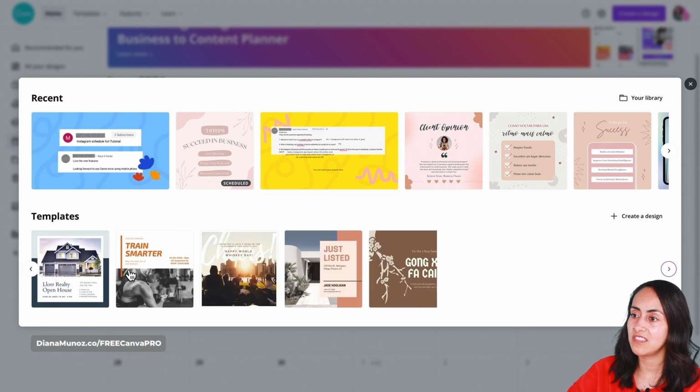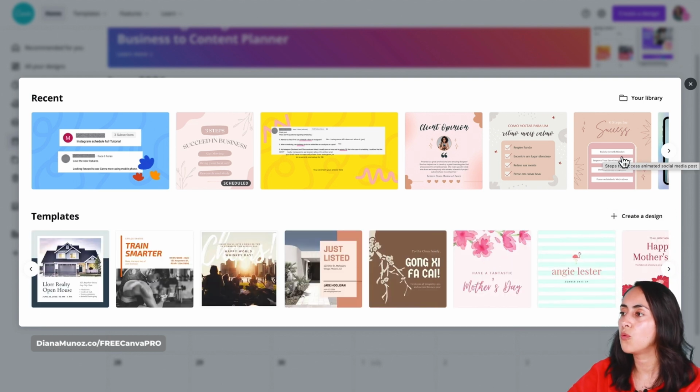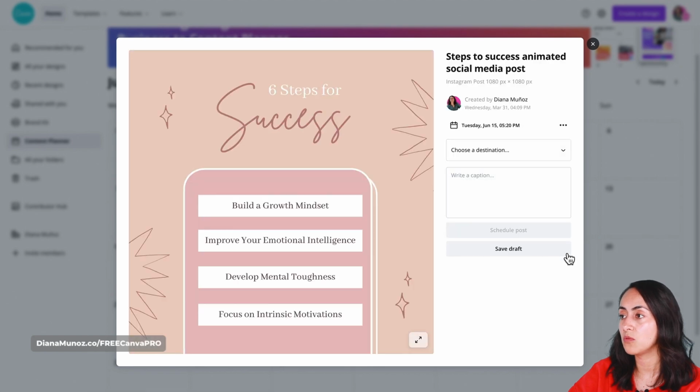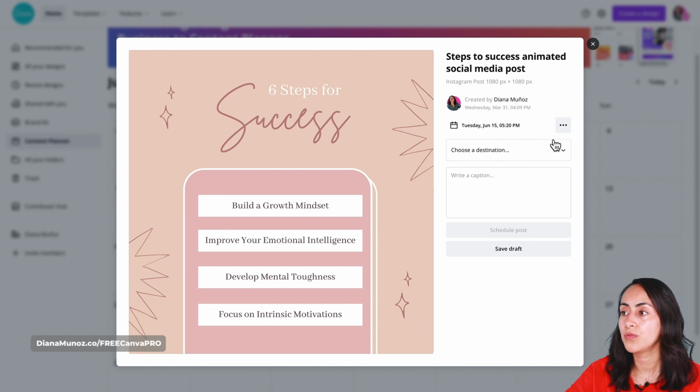Canva is suggesting us here a couple of templates, but let's say that I want to work with a design from my library. So I can either click on any of these options or click on this button that says your library. Let's say that I want to work with this one, and here Canva is giving you the option to schedule.